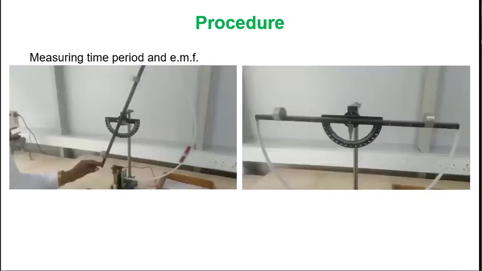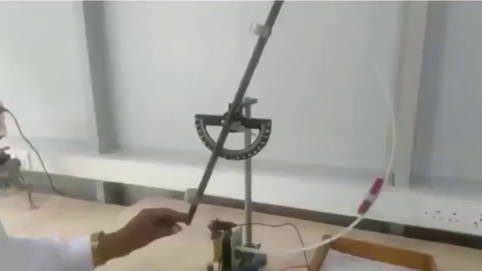Now, let me show you the demo of how you will measure the time period and the EMF of the coil. First, let us perform the experiment by varying the velocity of the magnet by varying the initial angular amplitude. You start oscillating the magnet, say from 65 degree, and wait until 10 oscillations are completed